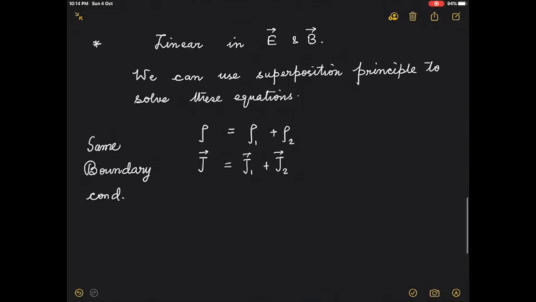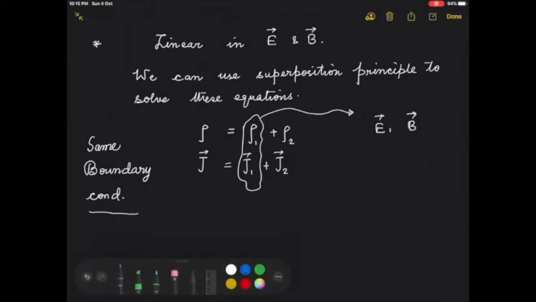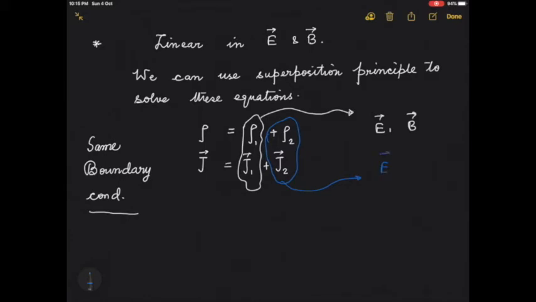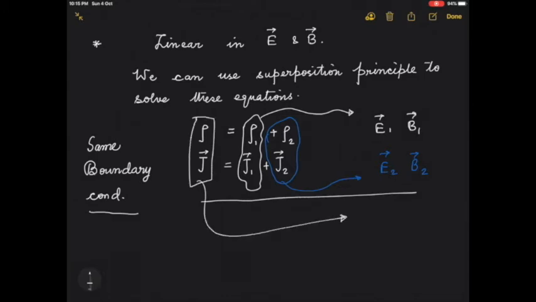When I write that, I take rho 1 and j1 as the source, put them in the Maxwell's equations with the boundary conditions that I have, and I get solutions E1, B1. Then I put rho 2 and j2 in my Maxwell's equations with the same boundary conditions, and I get solutions E2 and B2. Okay. Now, the solution for rho and j as the sources will be E1 plus E2